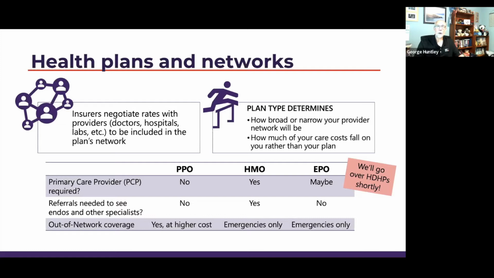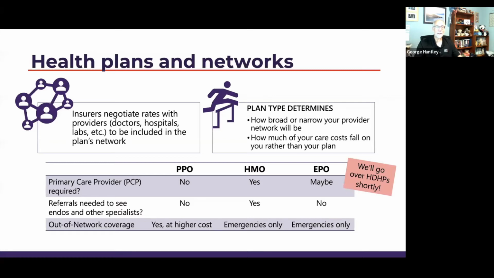So when you say more expensive, you talk about a 70-30 plan or an 80-20 plan. That 70-30, that 20 or the 30 there is your co-share, that co-insurance part, going back to that cost sharing in the slide before. But if you go out of network, that number is a lot higher. You're going to owe a lot more as a percentage for having seen a doctor or gone to a hospital outside of that network. Now, if you're in an HMO or an EPO, you could find yourself not covered at all.